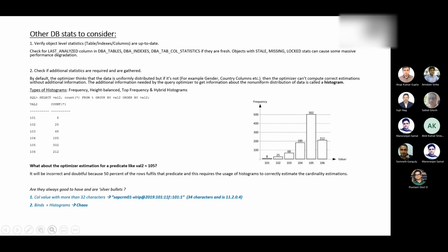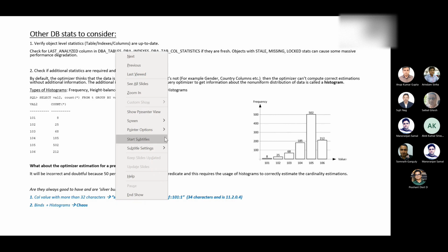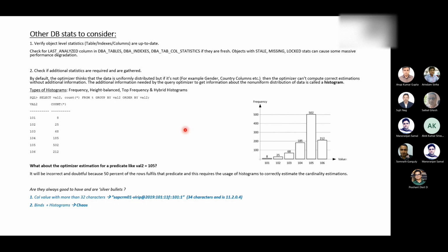If we talk about this varchar2 value, let me enable the screen pointer. This was actually from one of the production boxes. I think I fixed this problem some 1.5 years back. This was on 11g release 1, I guess. In that case, the column value had this many characters. It was a varchar2 data type, and it had 32 characters. And yes, it was 11.2.0.4. So there is a limitation.